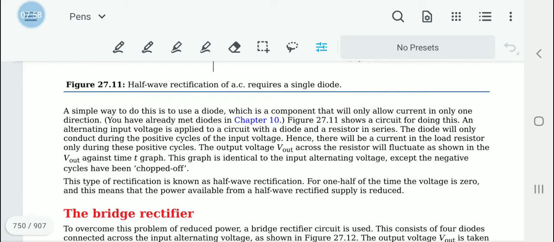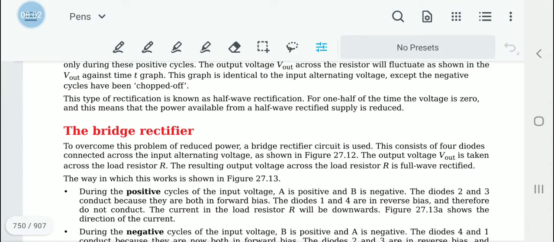To prevent such a half wave rectification resulting in reduction of power,